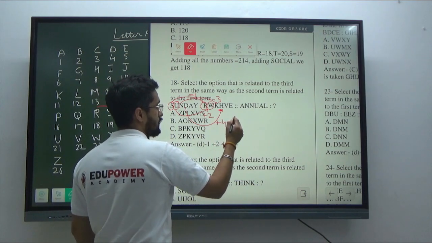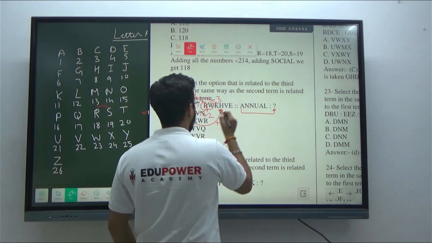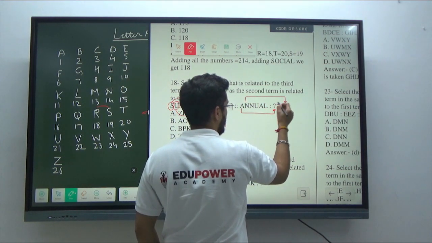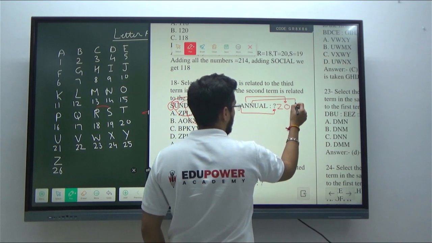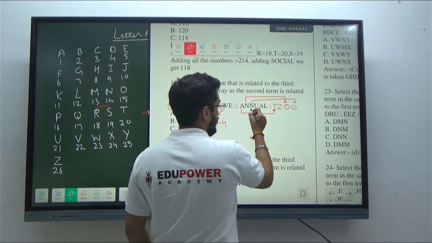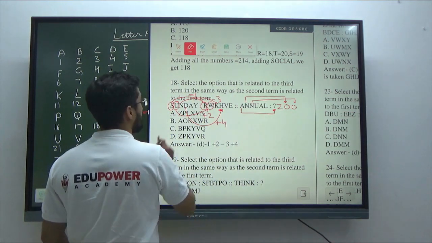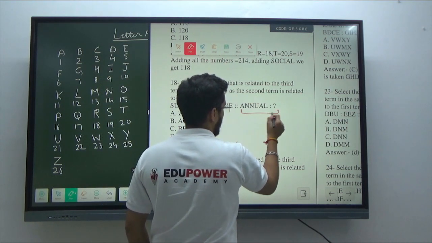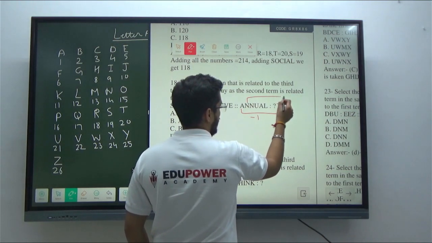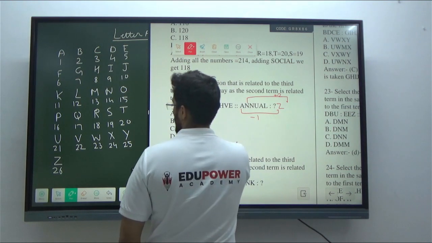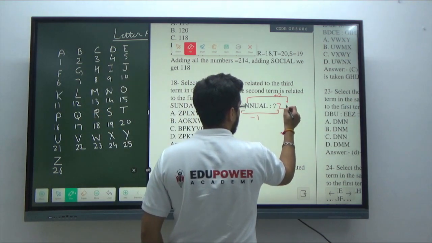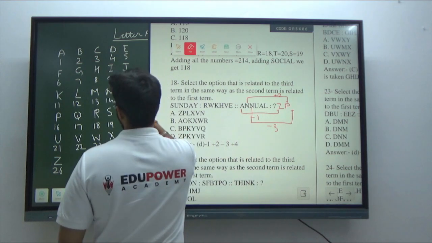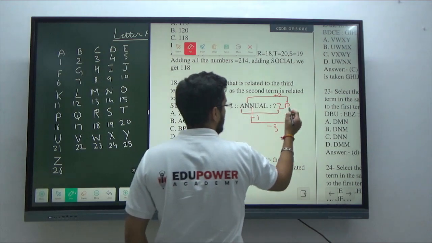तो likewise Annual का A, मैं जब -1 जाऊंगा, what is -1 of A, it is Z. No, it will not be that way. -1 +2, -1 +2 होना चाहिए. तो यहाँ पे -1 करूँगा तो Z आएगा. N का क्या करूँगा, यहाँ पे +2 करूँगा, तो N का +2 क्या होता है, OP, है ना. इस N का फिर मैं क्या करूँगा, -3 करूँगा, तो N का -3 क्या होगा, 1 2 3 ZPK.